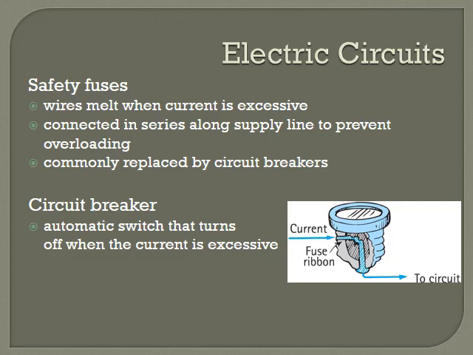The first safety devices that were developed to prevent house fires were safety fuses, and what was called the old fuse box. Not many people have fuse boxes anymore, and there's a couple of reasons why. First of all, fuses are kind of like incandescent light bulb filaments in the sense that they're made out of metal. We've got a little band inside the fuse, and this is all made out of metal, and so it's going to conduct electricity. A current's going to be able to flow through that fuse. But very much like a filament,